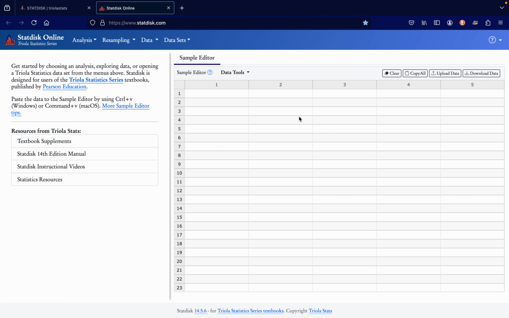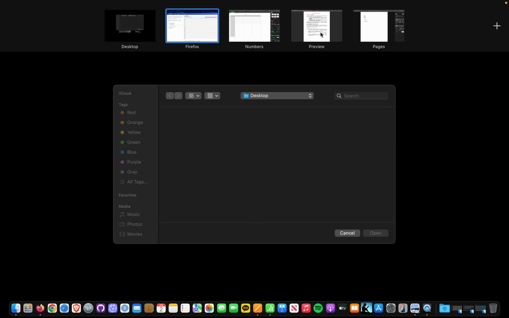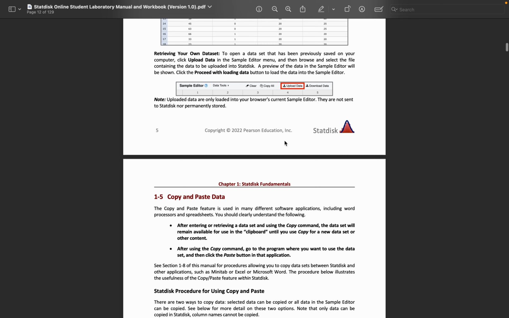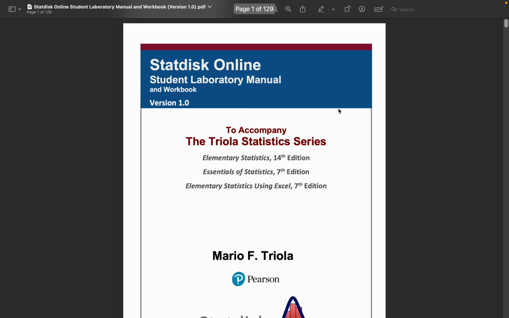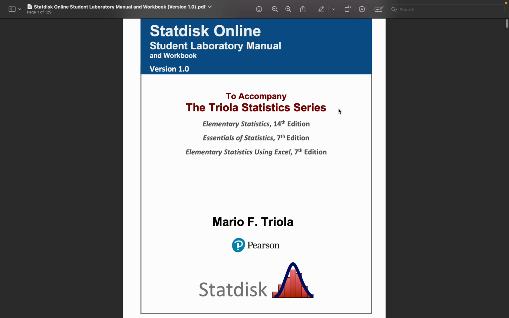Now we'll need to find the lab manual. Our lab manual is going to be this PDF here, and there's a link to it. It's free. There's a link to it in Canvas, or of course you can just look it up.